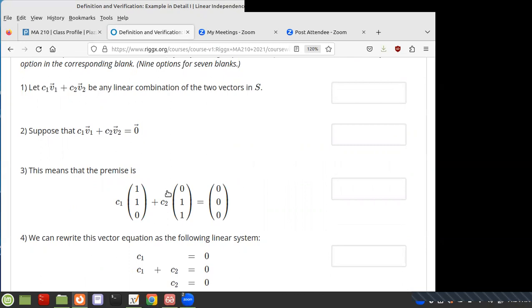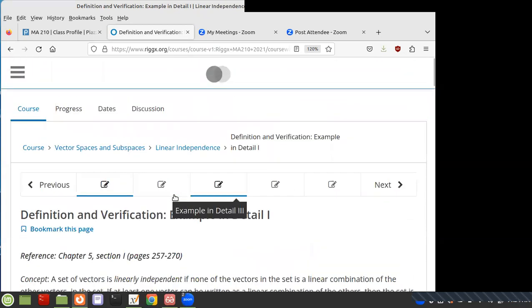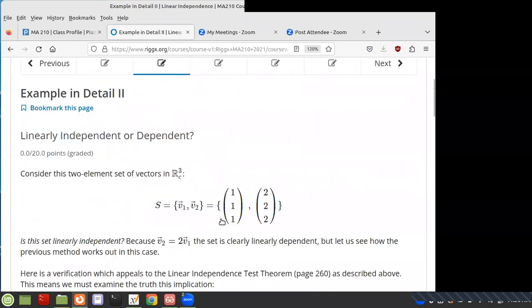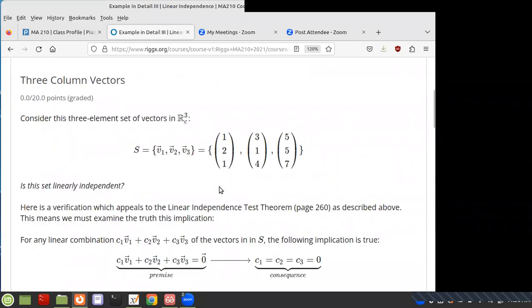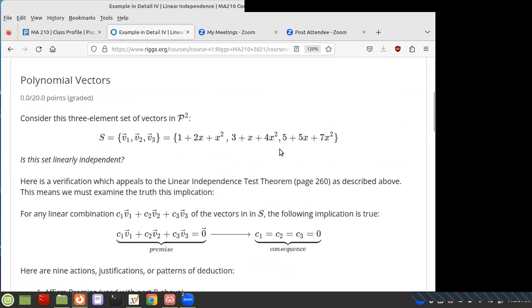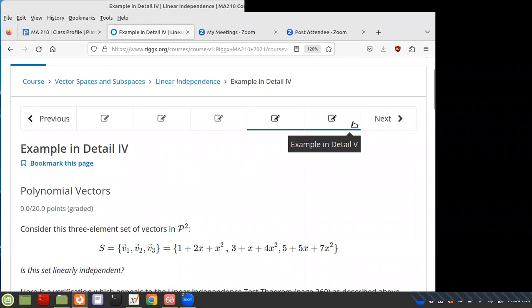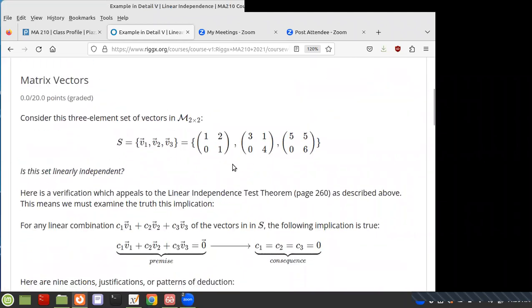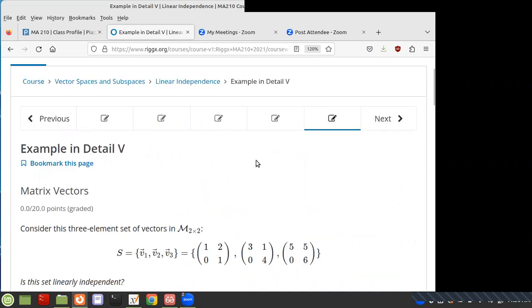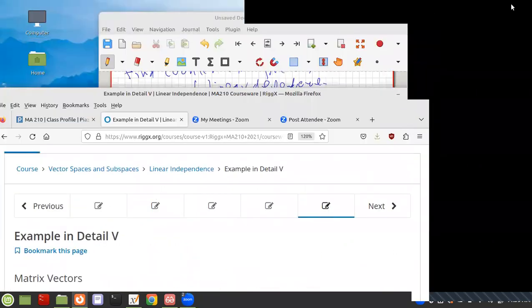So it's just a matter of walking through and understanding the stuff that we just did. Then for the homework, I'll actually ask you to demonstrate that certain vectors are linearly dependent or independent. And all of these exercises, see, example 2, example 3, example 4. Here's one with polynomial vectors. So we have to think about that. And here's example 4 with matrix vectors. So it doesn't depend on what the vectors look like. You have the same idea of linear dependence and independence. So this is the central thing that's going on there. Okay,